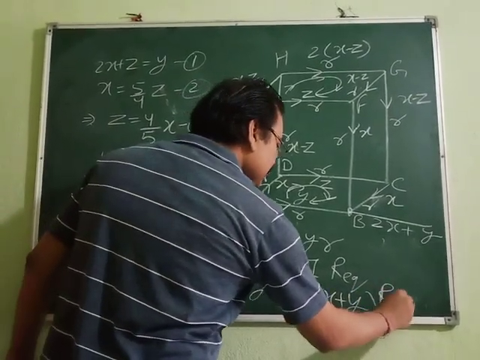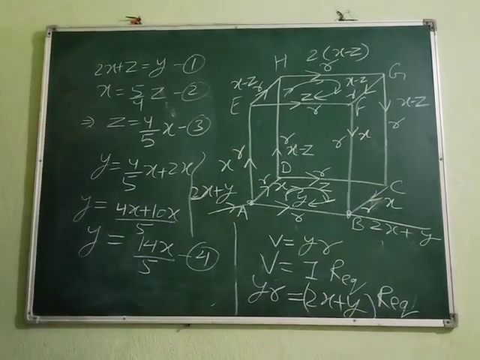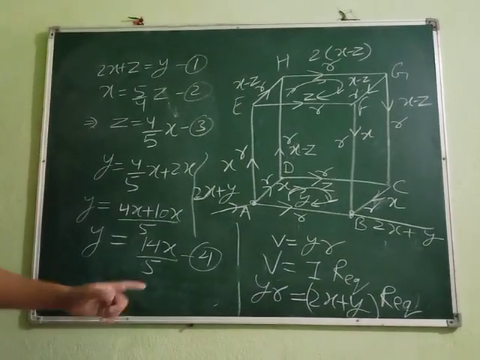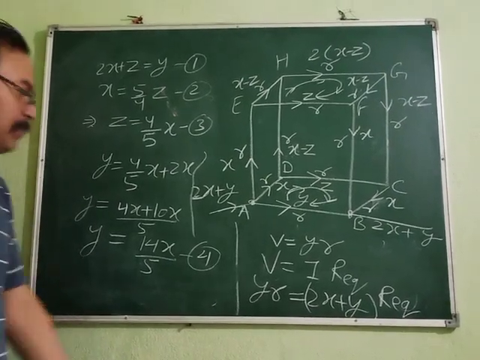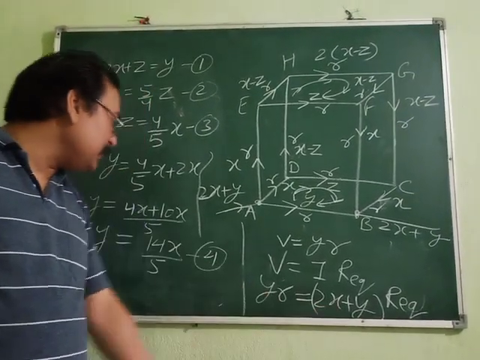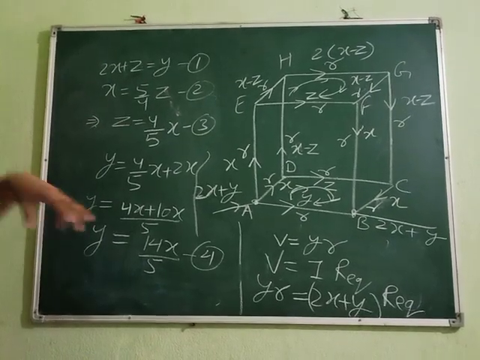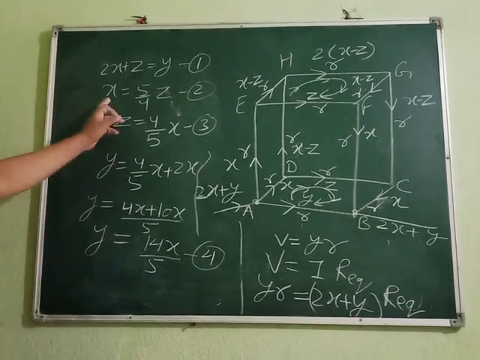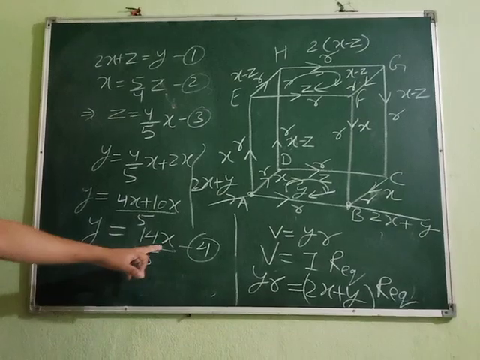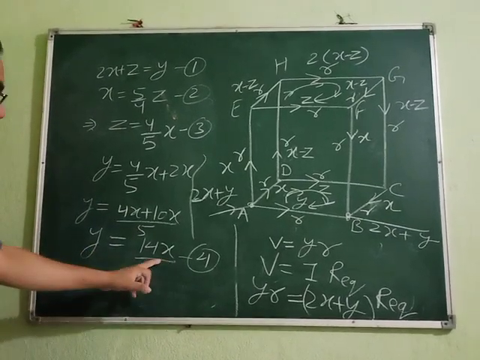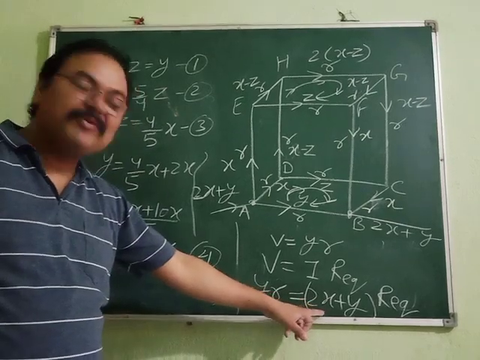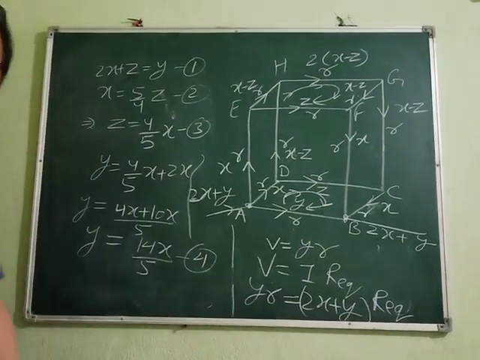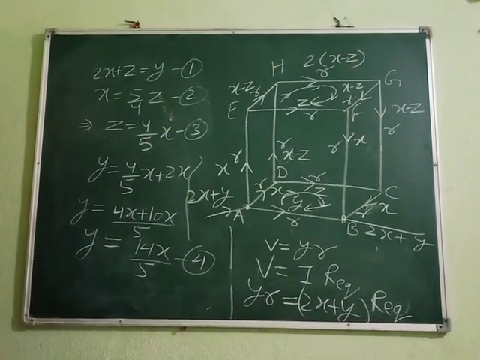And total resistance is R equivalent. Now, in this, we need to put the values. We will put the value of x only. We will not put the value of y at all. So the value of x is how much? We have to put the value of x in terms of y, because here it is y, and here also y is there. If we get y here, we can cancel y very easily, and we will be free of the variables.